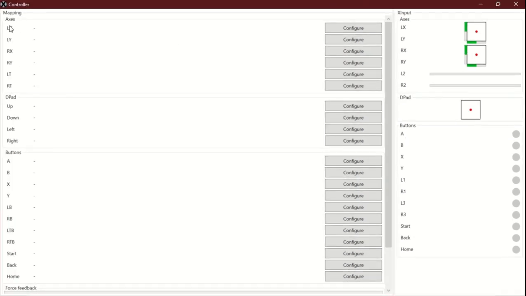From here, we're going to have a few axes. The LX and LY axes are going to be the left joystick on an Xbox 360 controller. The X-axis is going to be the horizontal plane, moving it left and right, and the Y-axis is going to be vertical, moving it up and down. The RX and RY are going to be the exact same things, but for the right stick on the Xbox 360